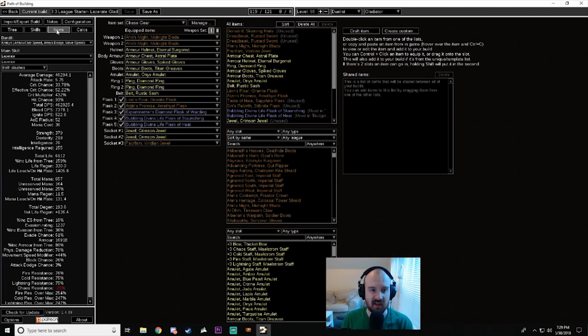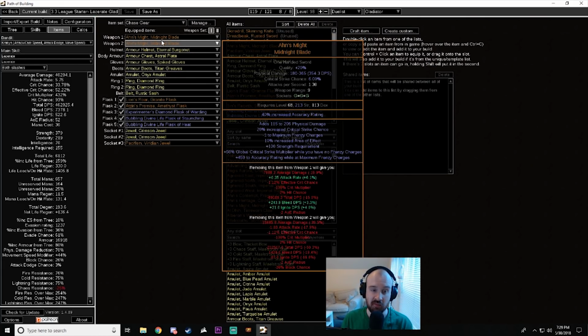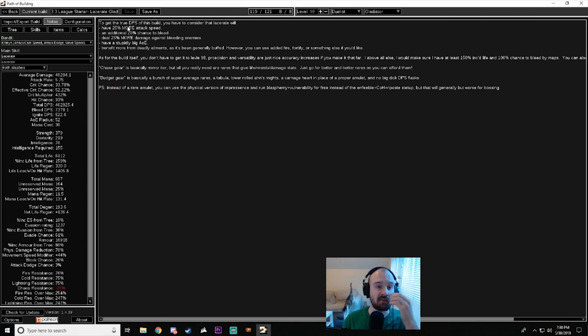But this is an On's Might crit build, 25% more damage against bleeding enemies. That's huge. So yeah, another 25% multiplier in this because you're going to be...